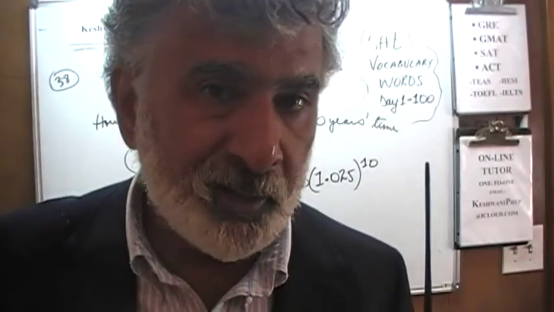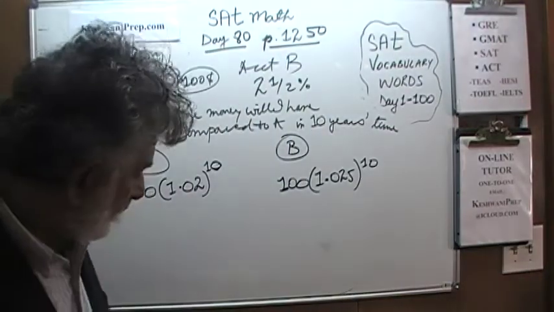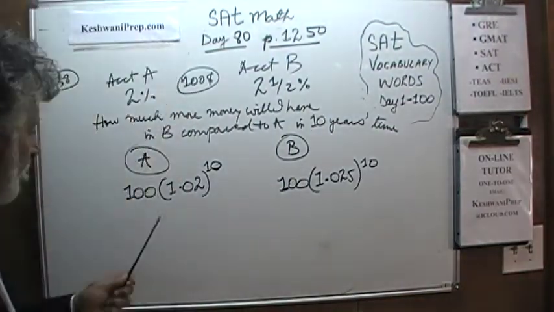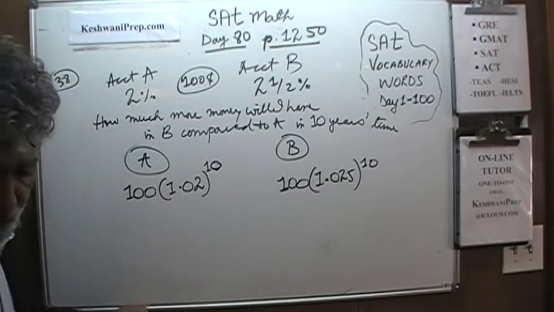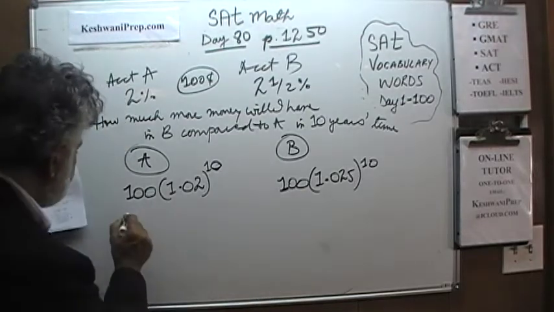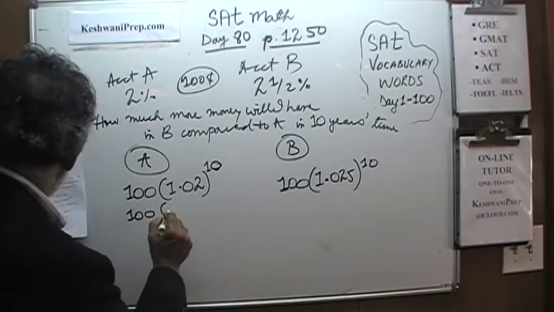We are supposed to round it down to a penny, not to a dollar. So this is how we're going to do it. Pick up your calculator and find this amount. Put in your calculator 1.02, raise it to 10. When you raise it to 10, you will find that this comes out to be